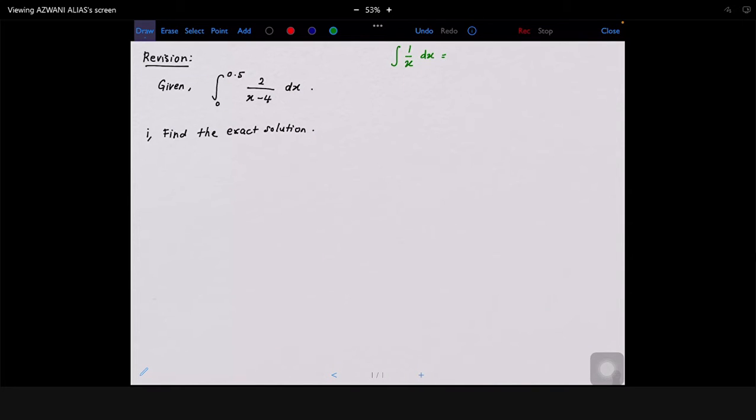So, kita akan dapat ln x plus c is the constant of integration. Okay. So, kat sini, dia punya bentuk is like 1 over x. So, let's say kita boleh keluarkan 2 as constant kat situ. Integral 0 to 0.5 1 over x minus 4 with respect to dx. Okay. So, kita akan dapat,